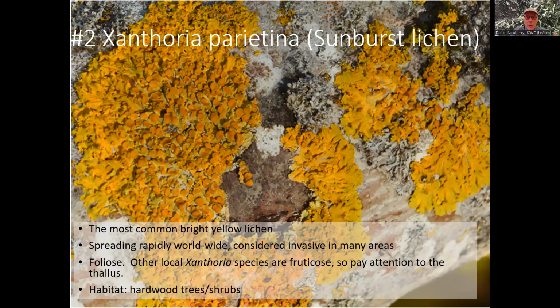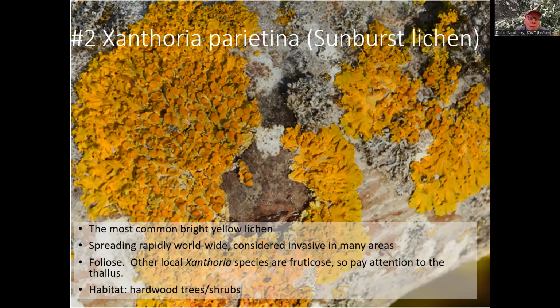That genus of Xanthoria is really the only yellow colored lichen genus you will see in our area. There are one or two other Xanthoria species that you might see, but the difference here is this is the one that is a foliose lichen. I think you can probably see my cursor here. I'm moving it around the center of the screen, and you can see this leaf-like protrusion coming from the sunburst lichen. Now, over on the left, you see these dark orange circles,